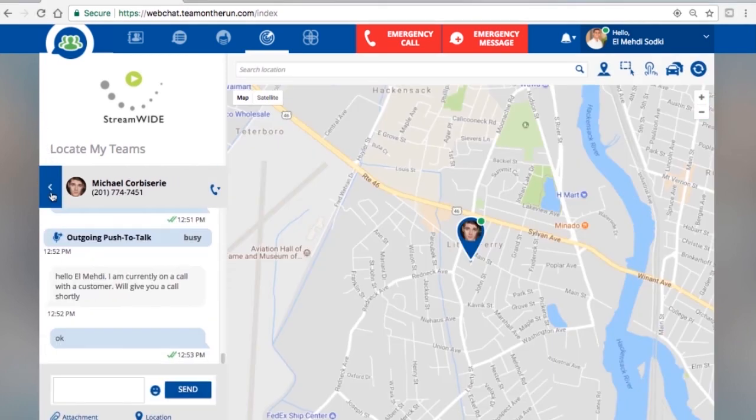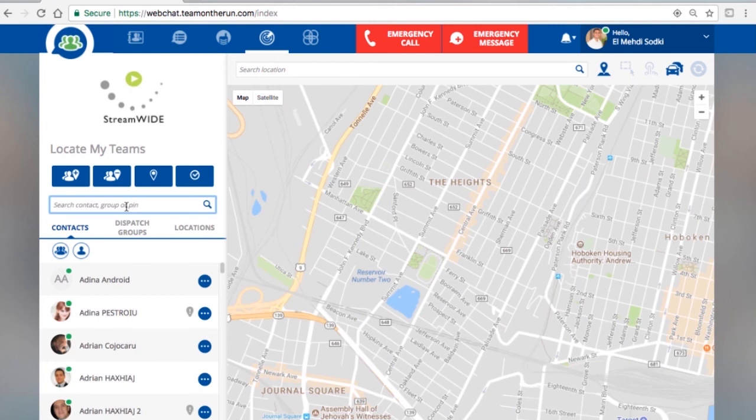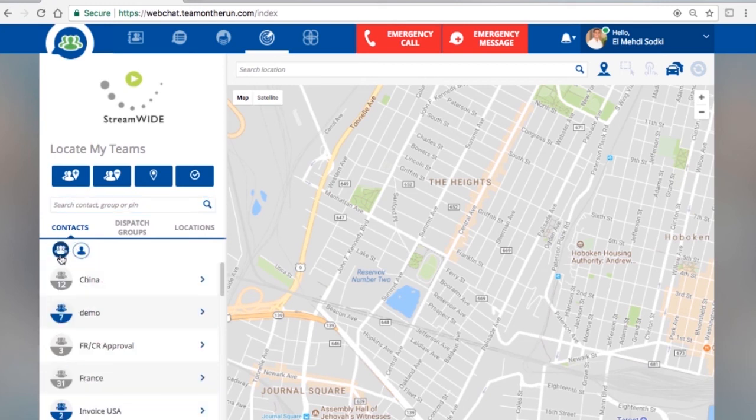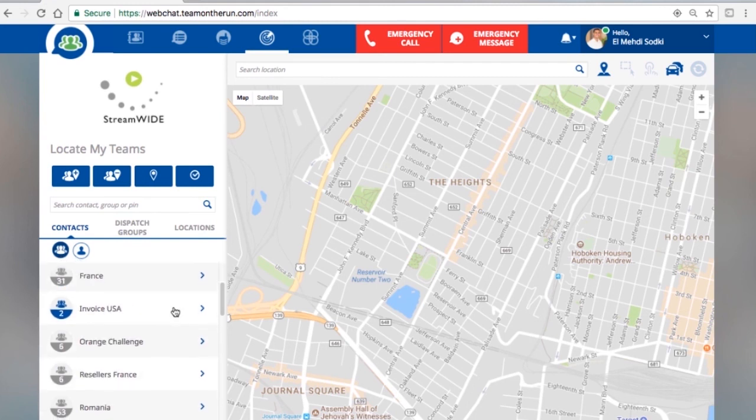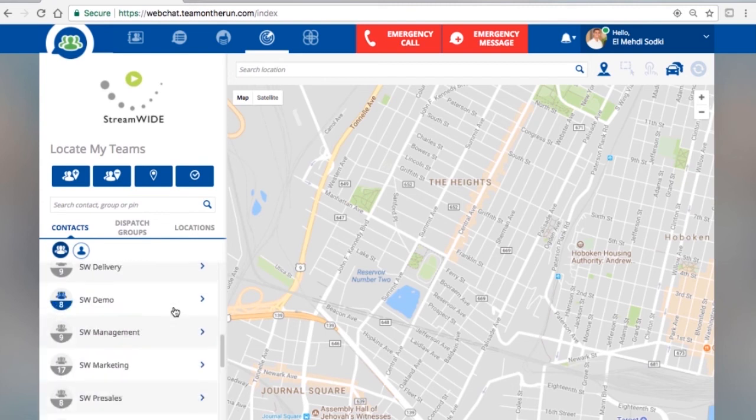So far, we have shown how to localize a driver and how to export a breadcrumb trail report. Next, we will show how to localize an entire group together on a map. You can simply click on the group's icon displayed on the contacts list to the left of the map and scroll up and down to identify which group you would like to localize. In this case, I will select the USA group,